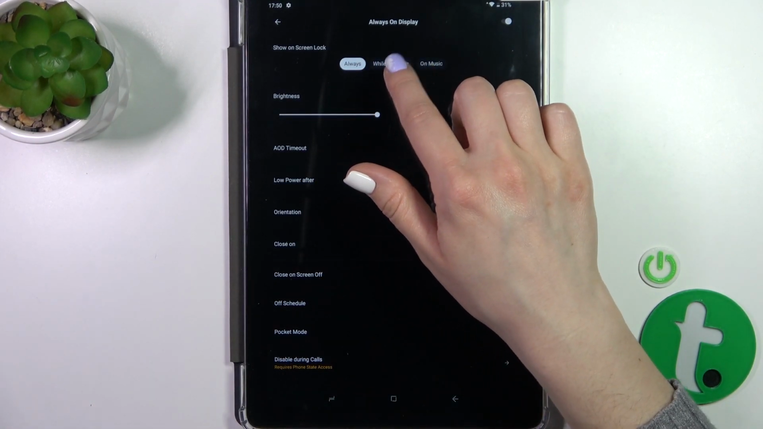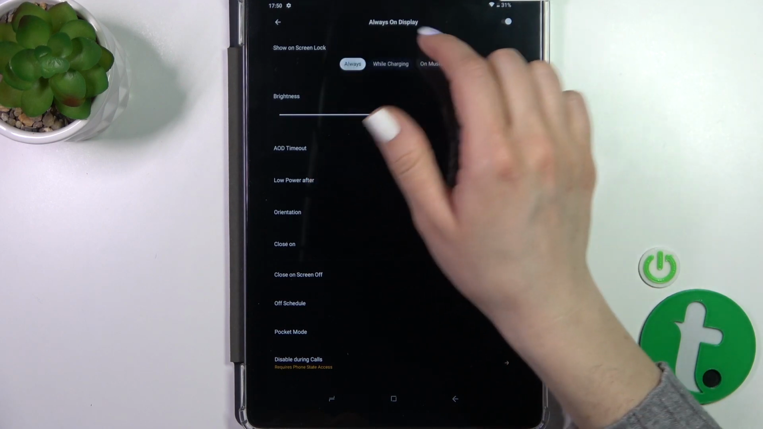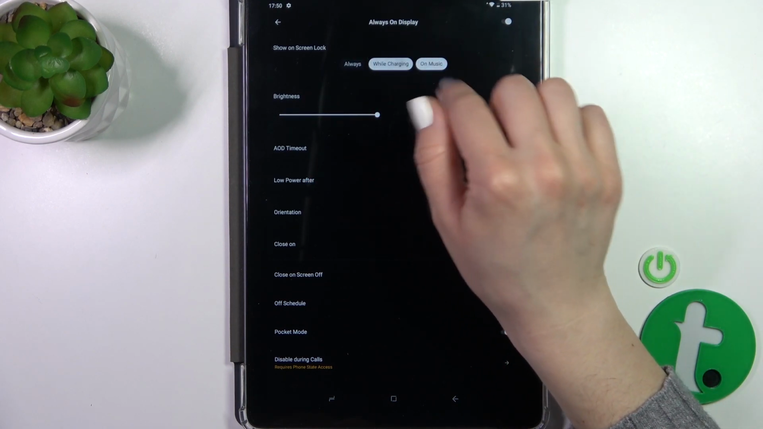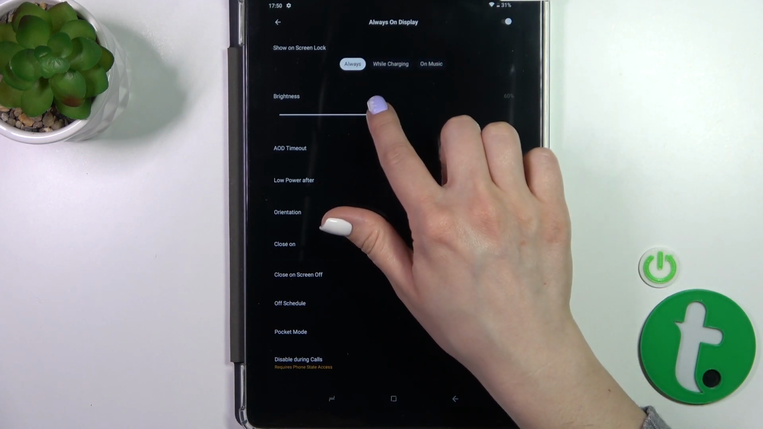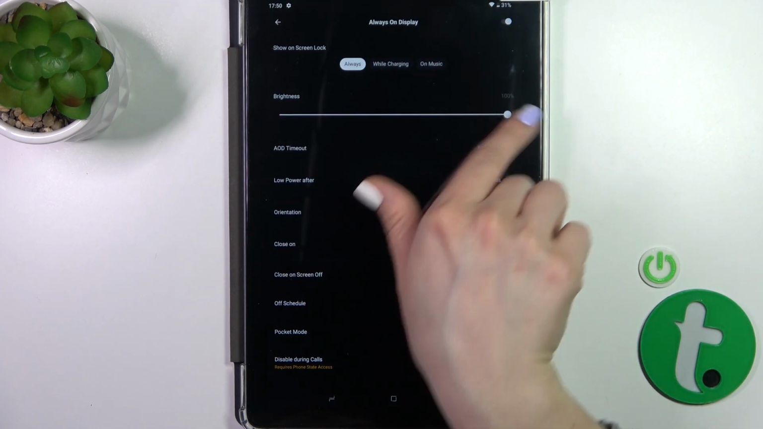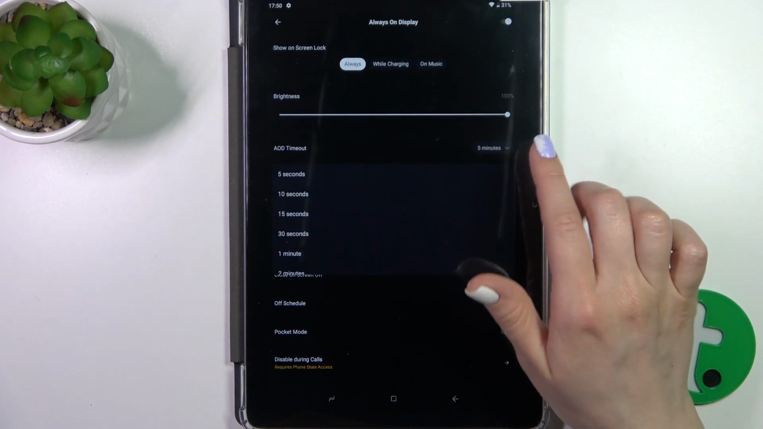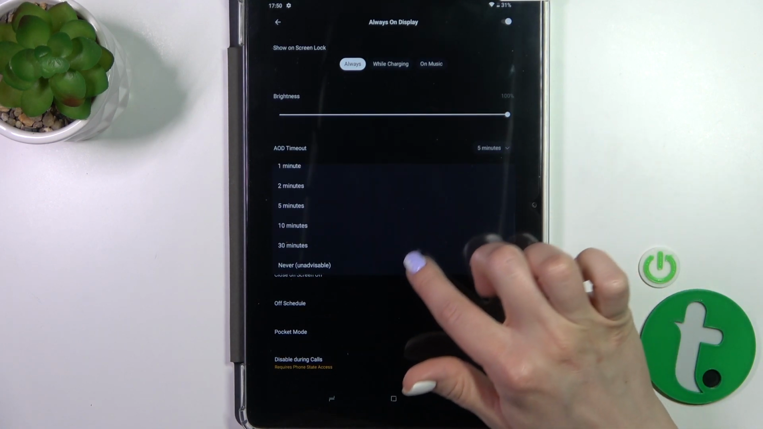Here we could change the show on screen lock, the AOD option always, while charging, or on music, and we could also use them separately. Here we could decrease and increase the brightness level, and change the AOD timeout from 5 seconds to never,